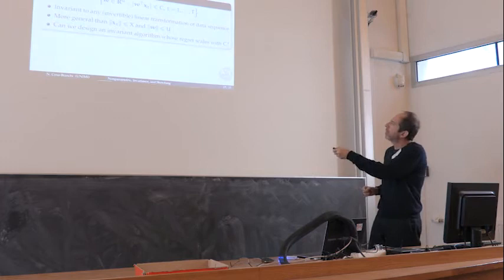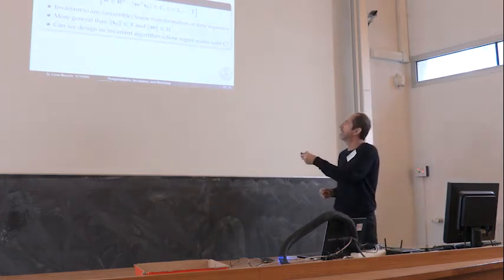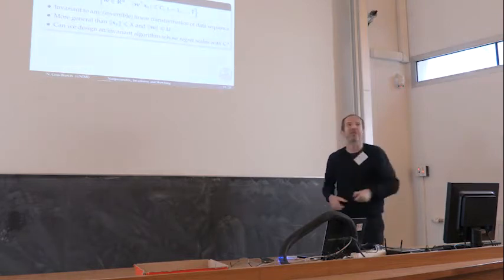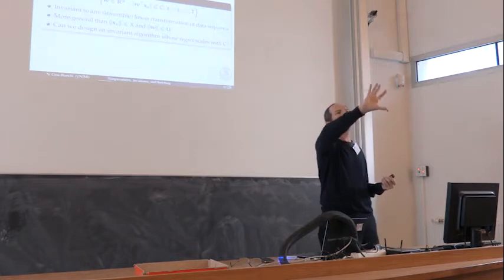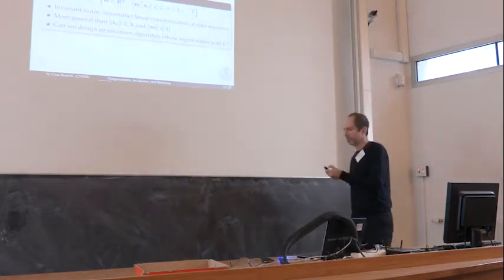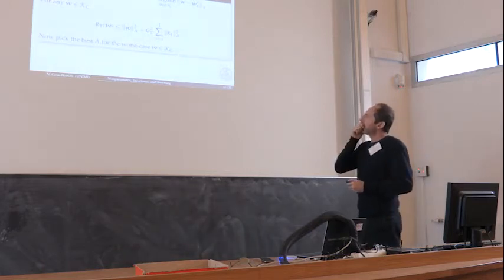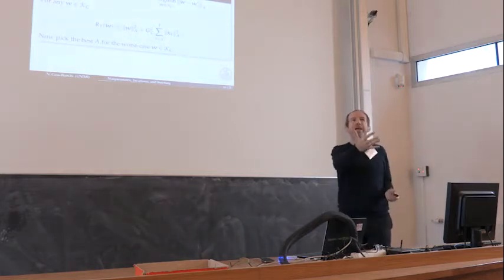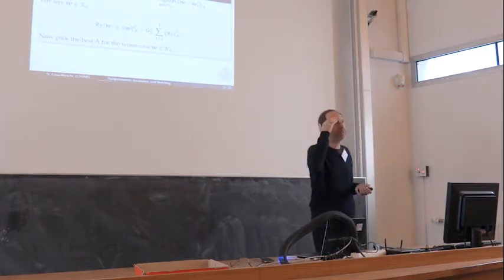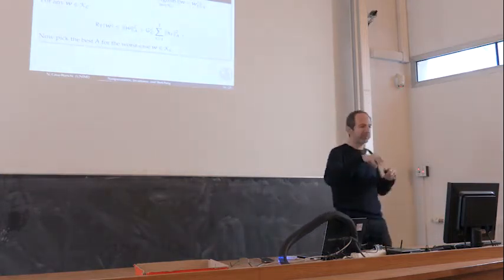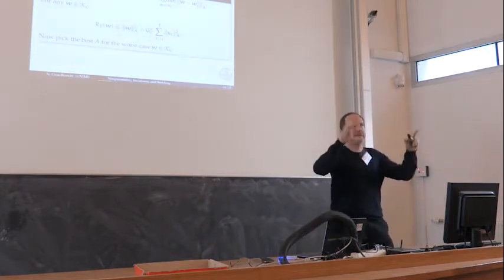So now the problem is, can we design an invariant algorithm whose regret scales with this parameter C and has the property of being invariant? So the predictions will be invariant to any linear transformation of the data points. Okay, so this is the question. So you're immediately led to look not at first order algorithms, which are hopeless in this case, but at second order algorithms, which will have the covariance matrix of the data learned